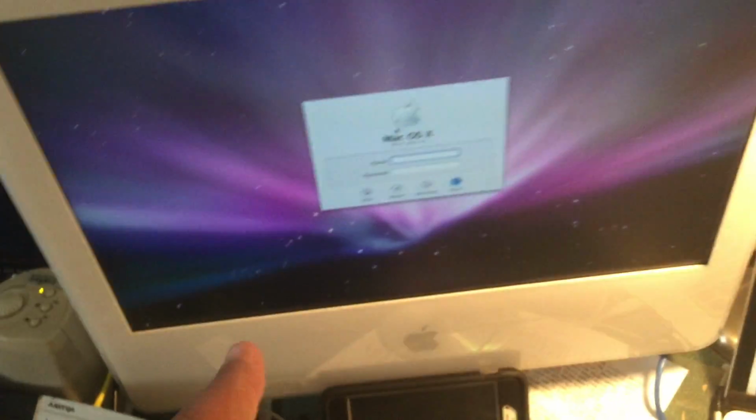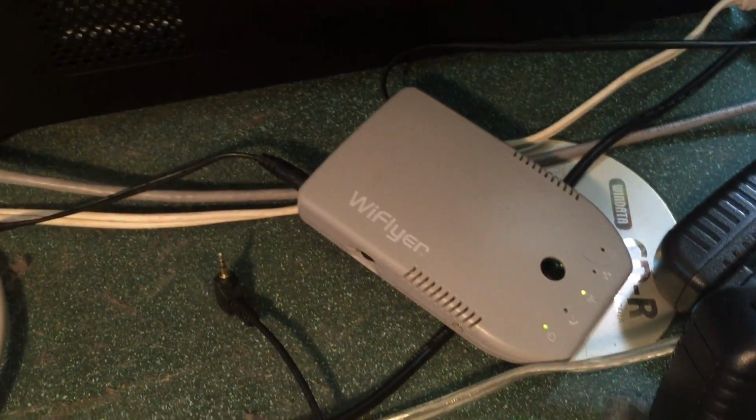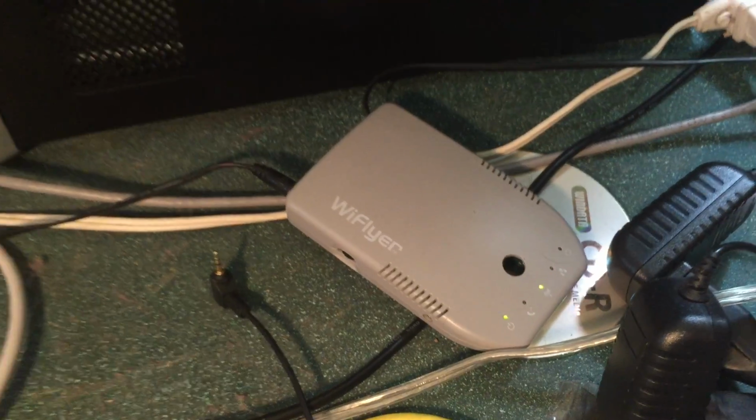This machine, that machine, and that machine. The Ethernet is connected to the switch or whatever switch it's hooked up to, but the Wi-Fi is connected to the Wi-Flyer right here. What I like about the Wi-Flyer is it's a very good tool for